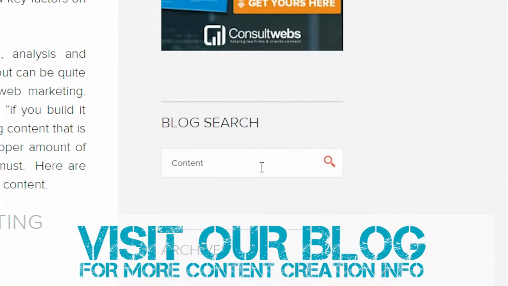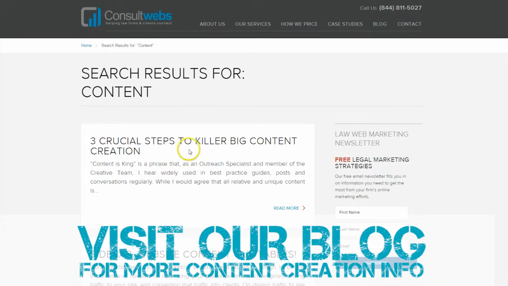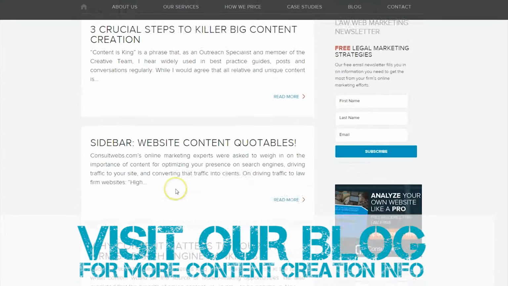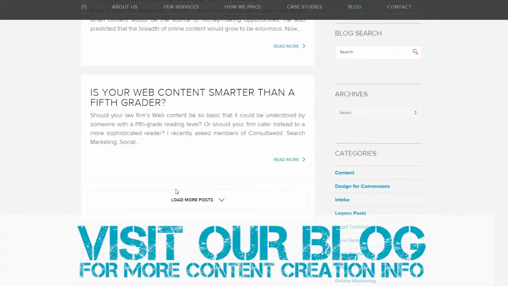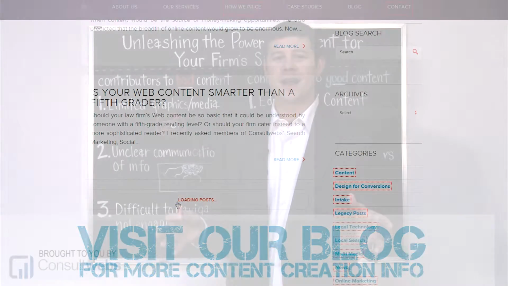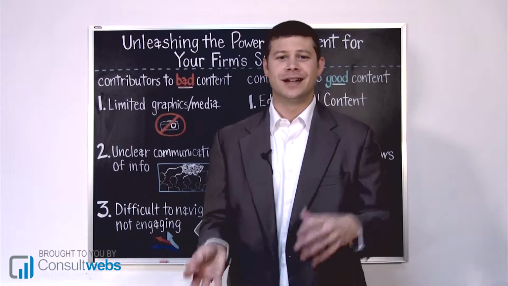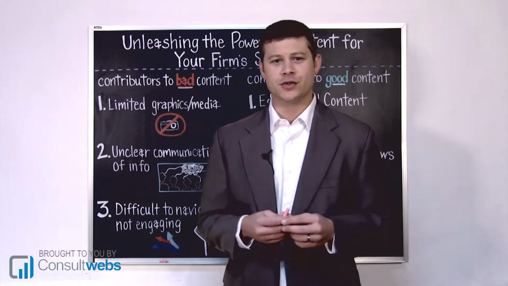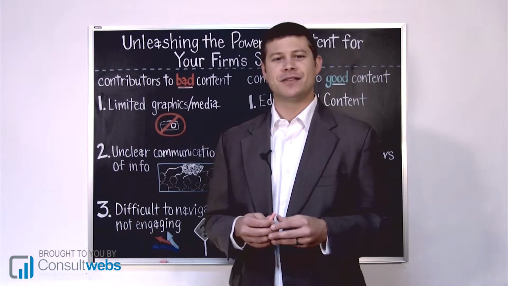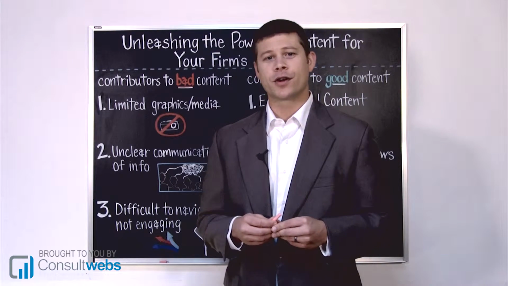You want to be able to conveniently place relevant content along other relevant content pages. If you're listing all of your sub-practice area pages and irrelevant practice area pages on the same page, you're going to offer too many options, you're going to overwhelm the user, and they're going to click the back button. You're going to lose them. Make it easy to navigate through the site, and that's how you're going to get more calls through the site.